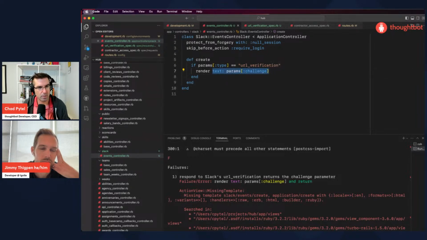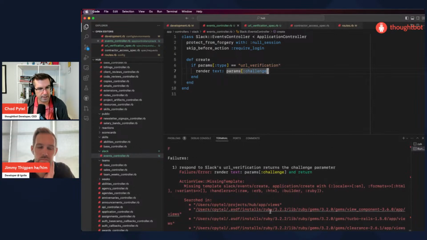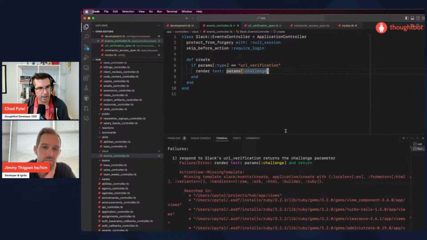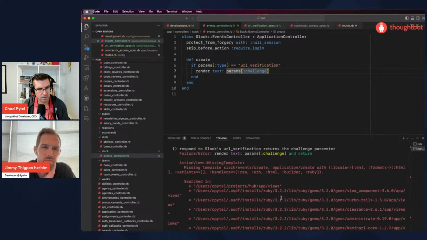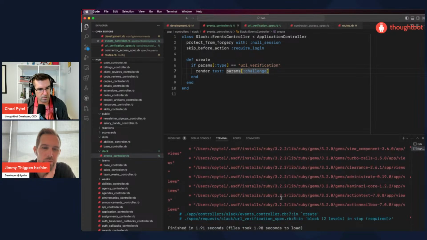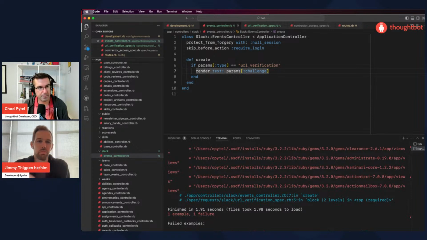It should be taking the actual param, the challenge thing out of it and rendering that as text. Cool. But what it's trying to do is then render an actual template. But I don't want it to do that. Yeah, we're not rendering a template. We do want to render as a text body the challenge that we got. Yeah. Okay.